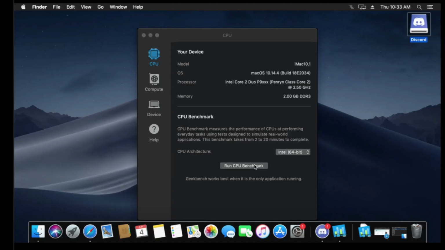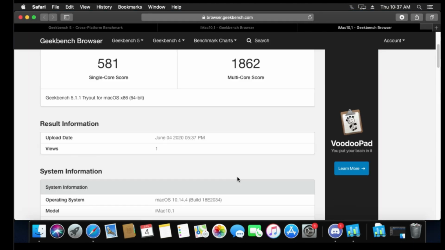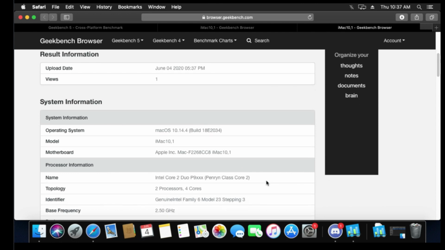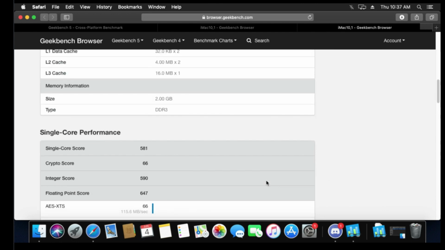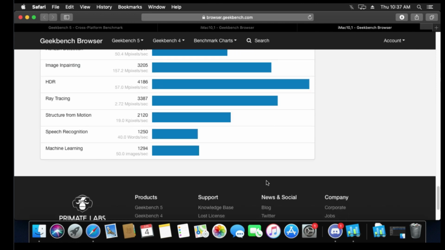This is Geekbench, one of the benchmarking tools we use for measuring performance. It gives the final result of single core and multi-core performance. Upon clicking this Run CPU Benchmark button, it gathers the performance aspects of the system and sends it to the browser.geekbench.com website. This takes about 3 minutes in total. The parameters which Geekbench accounts for are listed for single and multi-core processors.